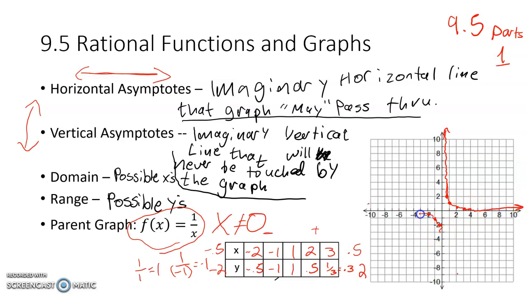And then this one's going to kind of do the same. It's going to kind of level off like this. Oh, that's not a good looking graph right there. So it's going to look something like that, okay? Where it's going to look like this, and it's going to look kind of like down like